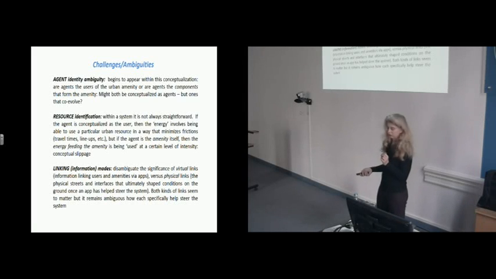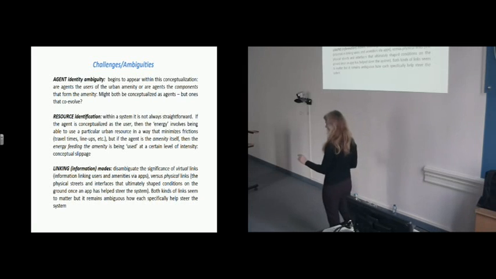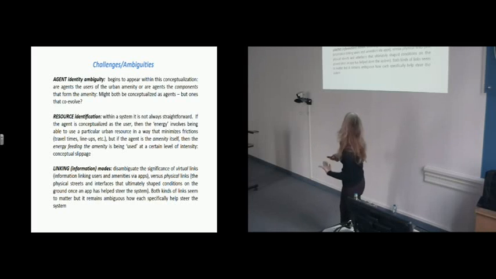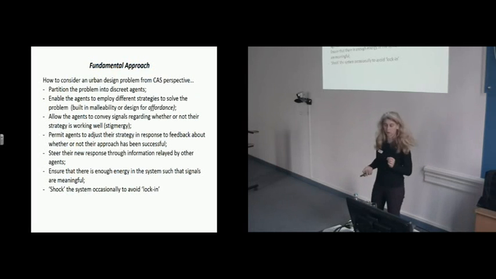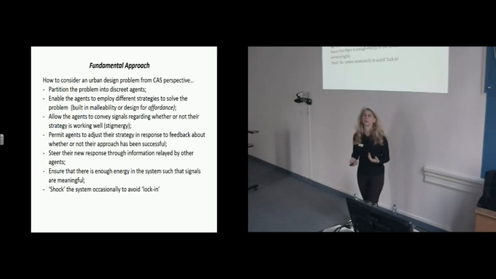There are a number of challenges that I've noticed in the project. One is correctly identifying what the agent is. What is the agent within the system? There's actually surprising ambiguity that I can discuss with you. The other is determining what the actual resource within the system is that you're trying to maximize in some way. There are some ambiguities around that. And then how do we create links and information modes and different kinds of signaling, and how are those disambiguated? These are things we're working through right now that we still need a little more clarity on.